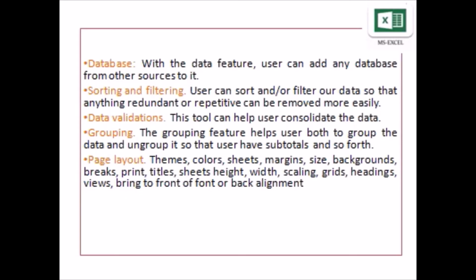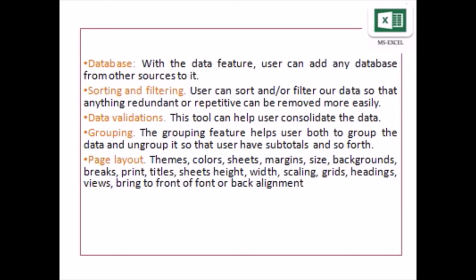The user can sort and filter the data so that anything redundant or repetitive can be removed more easily. Data validation. This tool can help users consolidate the data.